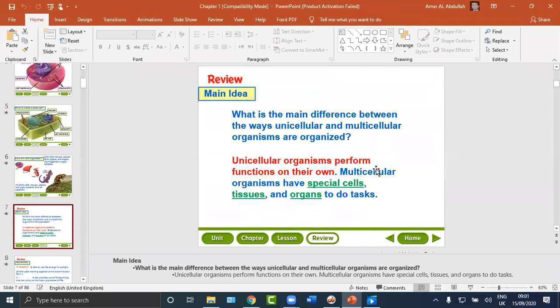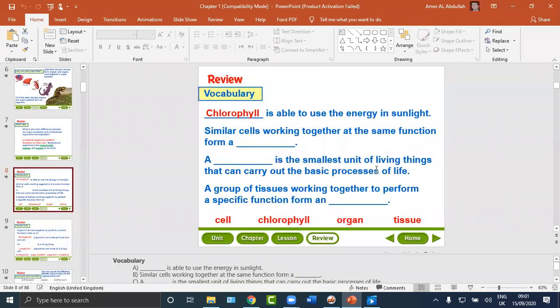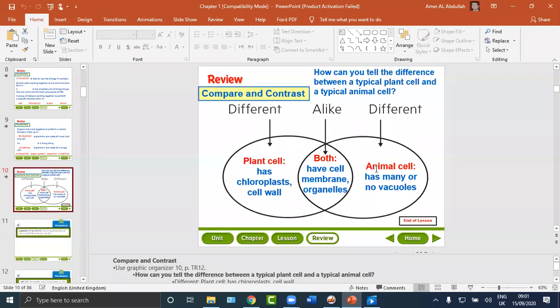And what is the main difference between the way unicellular and multicellular organisms are organized? All this idea we have talked about in the previous lessons, and some vocab, and what is the difference between plant and animal cells, what's alike,